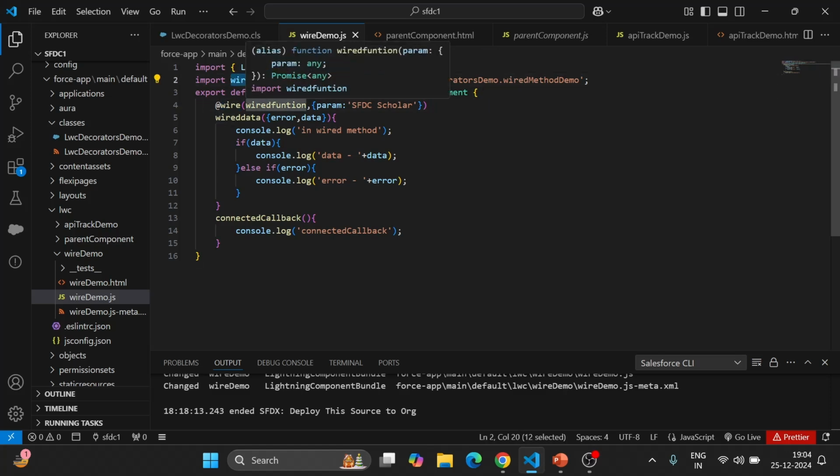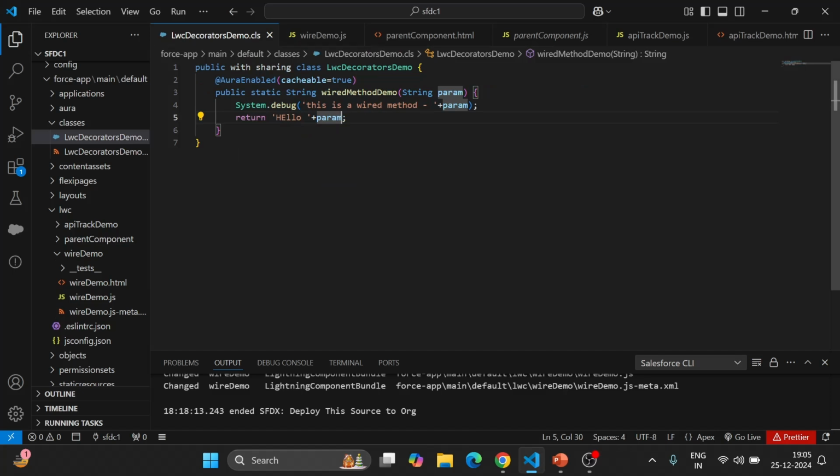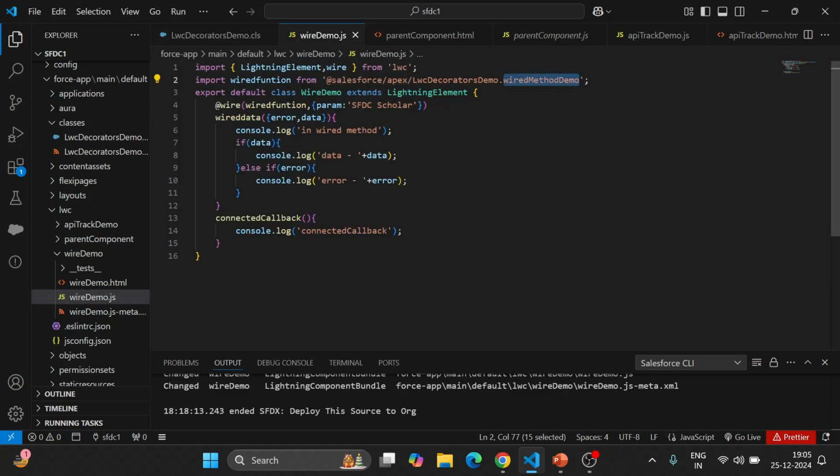Wired function is the alias for the Apex method named wiredMethodDemo. I have this Apex class having this wiredMethodDemo as the method, and if you want to pass parameters, first we'll call without parameters. So I'll just remove these parameters,